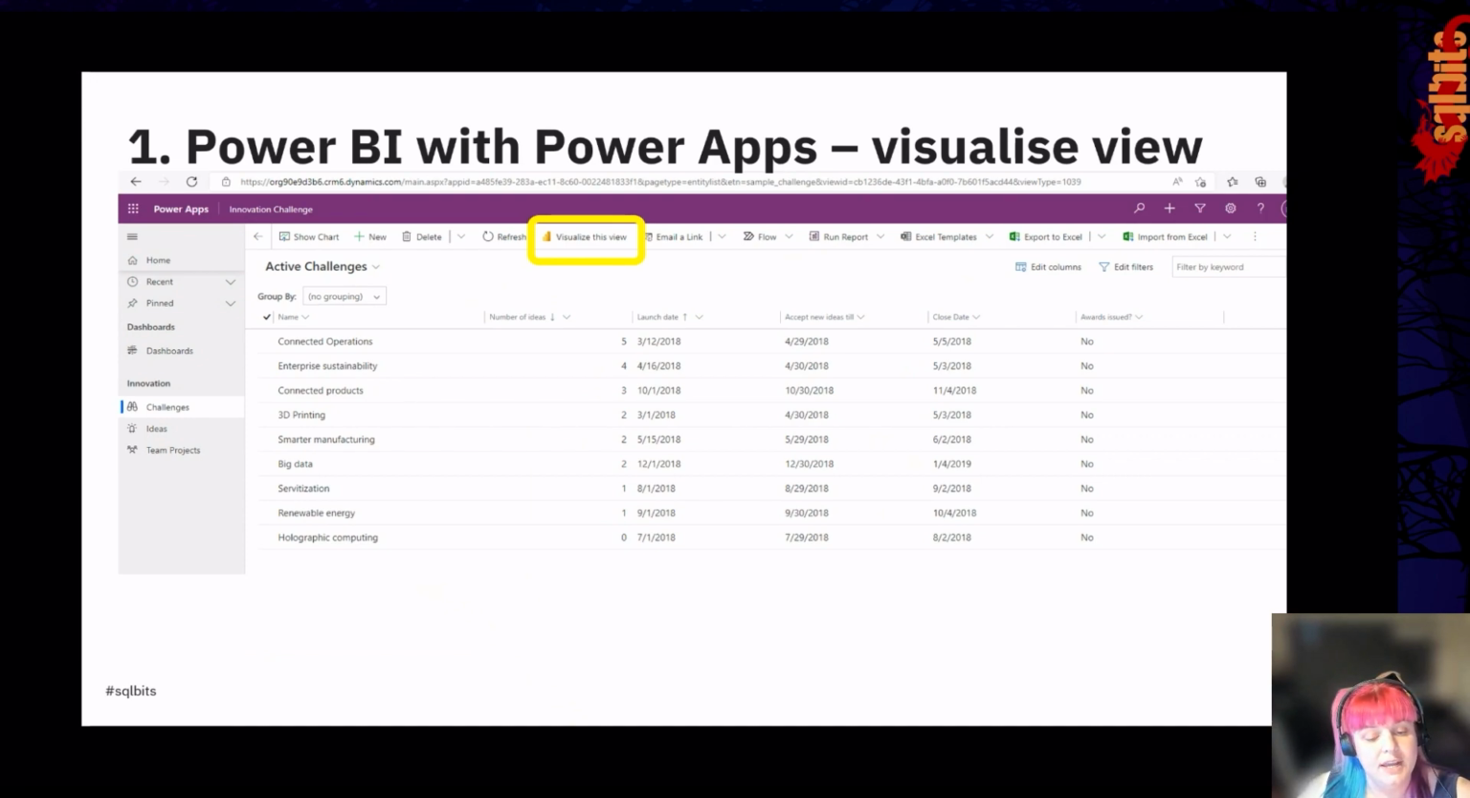If you don't see that in your tenant, go talk to your tenant admin. They've probably disabled the option. That's entirely possible to do. Or if you're in an org and you don't want people to do that, disable the option. But if you do have it, you can now visualize this view of the model-driven app data, and you can